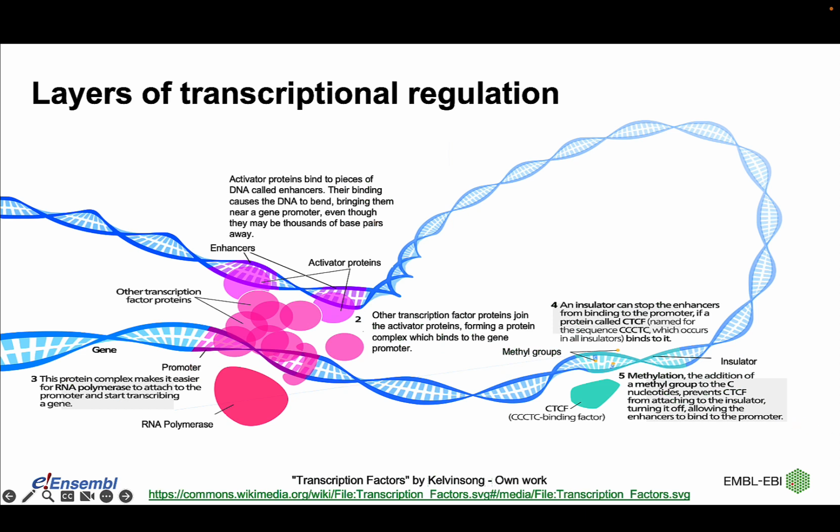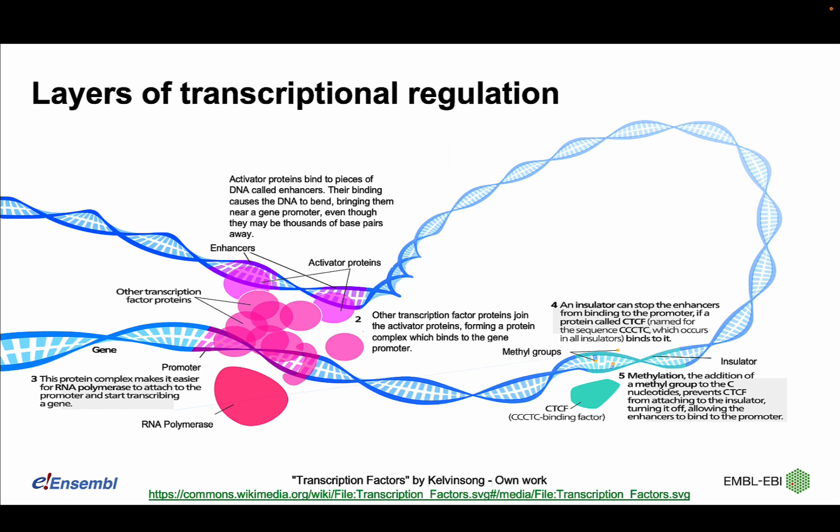You can think of these epigenetic modifications as layers of transcriptional regulation, or layers of controlling the different timings and expression of genes, which is what you're seeing in this diagram. So on the slide, you can see a strand of DNA. At the bottom left, we have the coding region of a gene. And upstream of the gene, you can often find the promoter region, which binds RNA polymerase, so the enzyme that